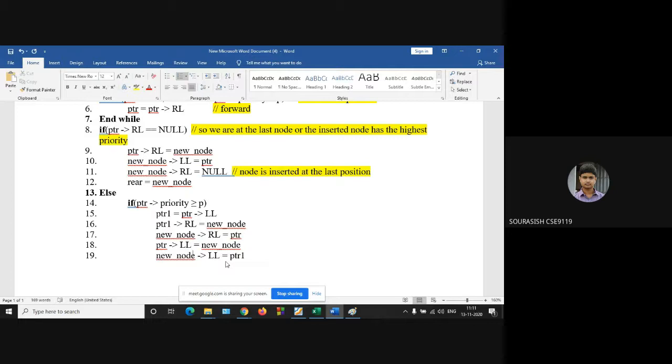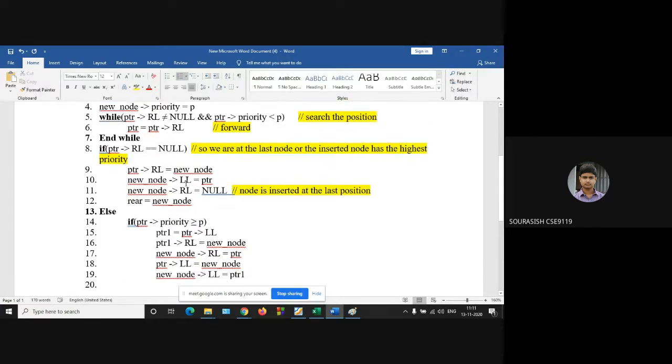Also, sir, is it necessary to check the condition? Like the if part, is it necessary? After the while loop it will be obvious, no?